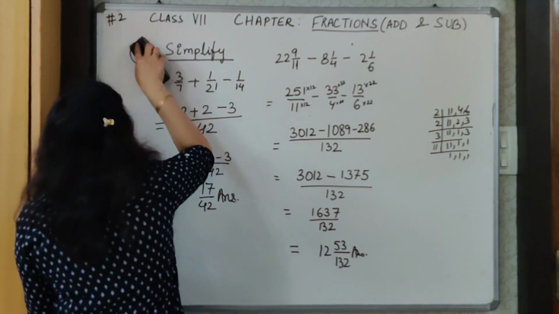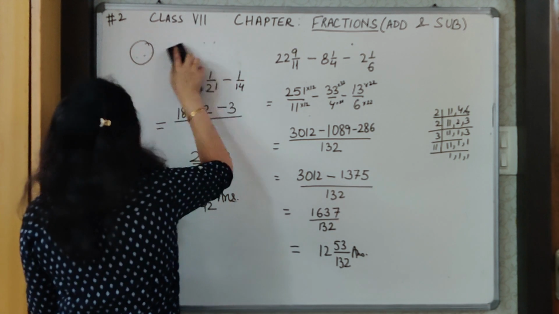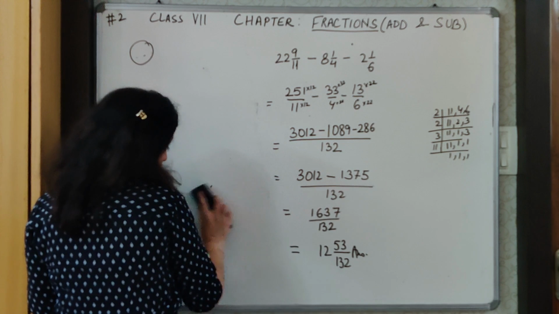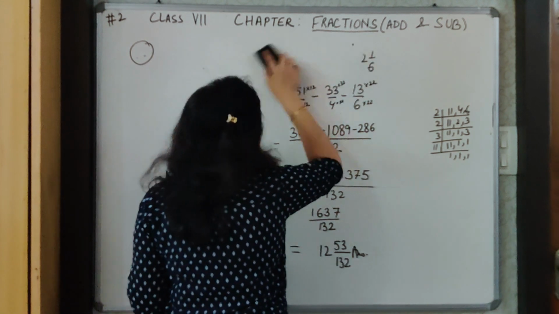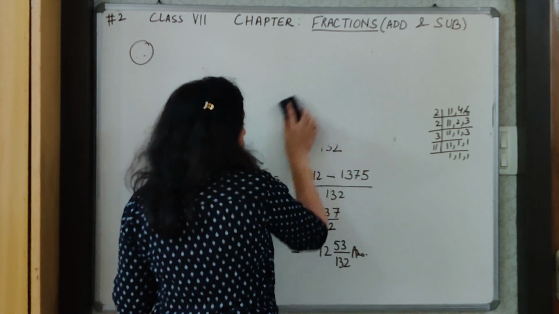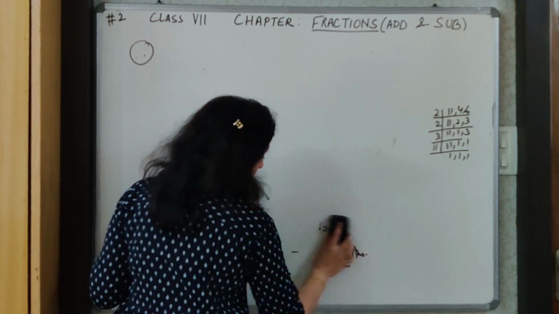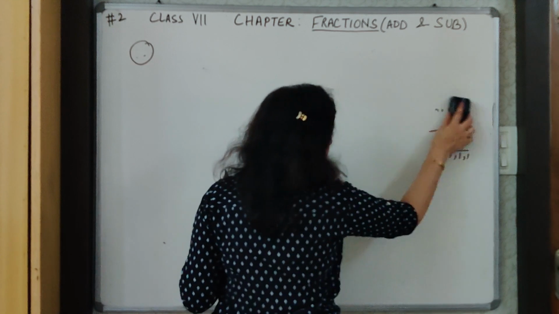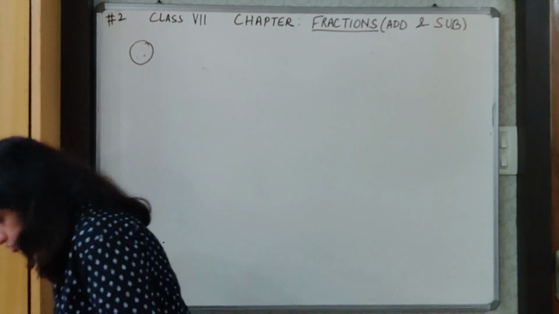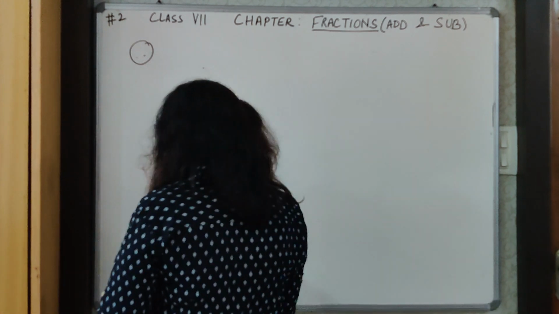Okay, you remember in comparing we solve the left hand side and the right hand side, and then we put the greater than sign, the less than sign or the equal to sign according to the solution of the left hand side and the right hand side, whatever we get. So now we are going to do one or two questions of comparison also. Let's take up a question.